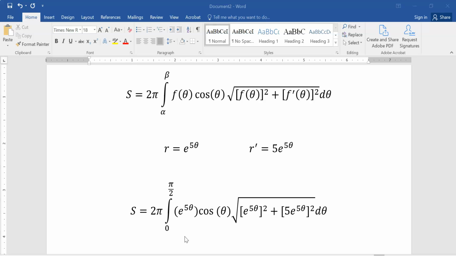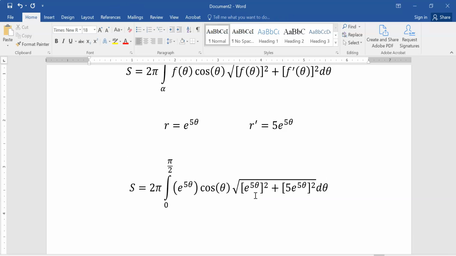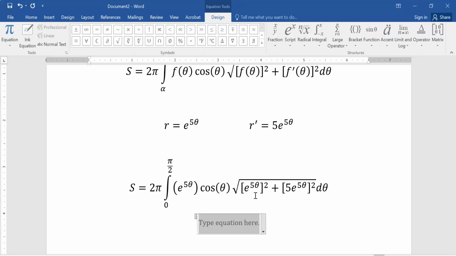The problem told me that my integration is going to go from 0 to pi over 2. And so you put this whole thing in your calculator. Again, it's a messy type-in, but a pretty straightforward thing, just messy. And you end up with